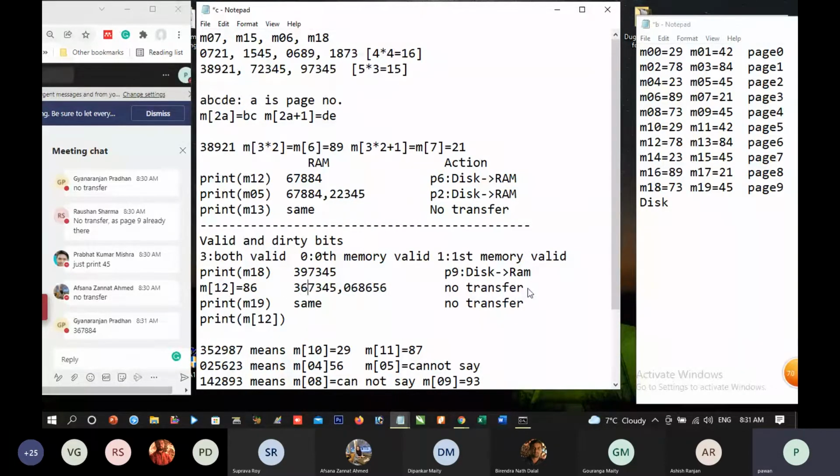Any doubt? It will remain the same and no transfer will be there. Is it correct? Yes. Any doubt?